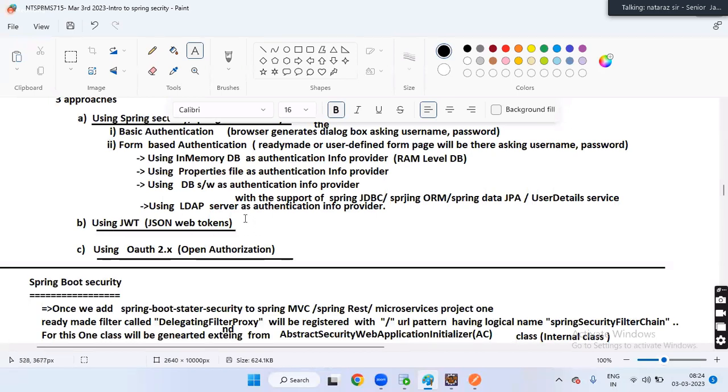Next, we can use the JWT concept, guys, JSON Web Tokens, which is losing its popularity because of OAuth.